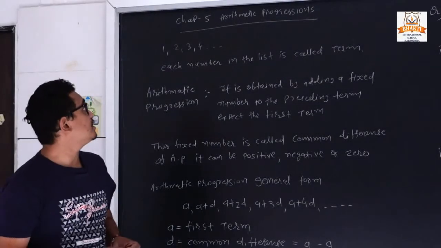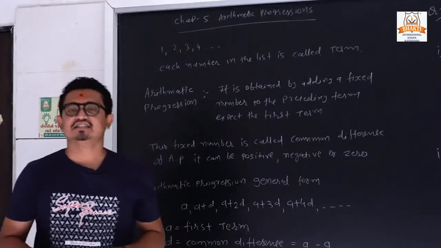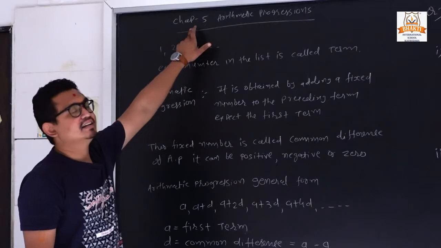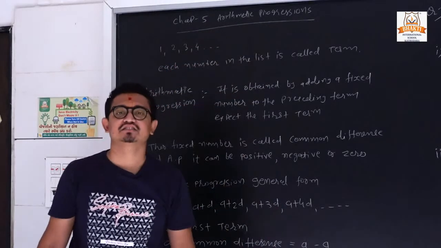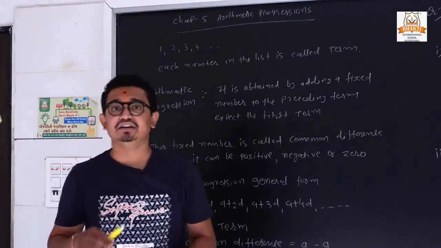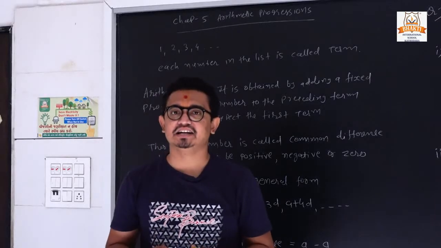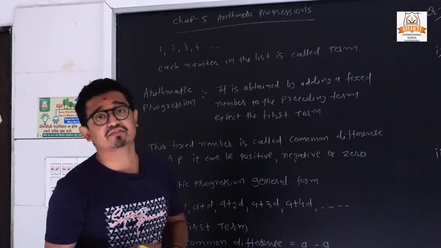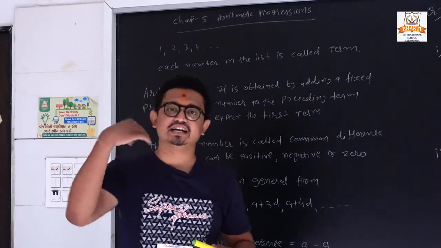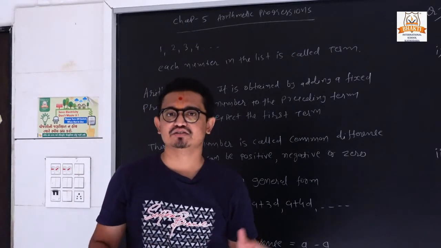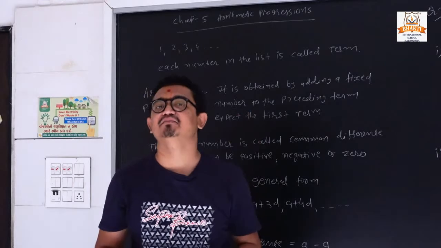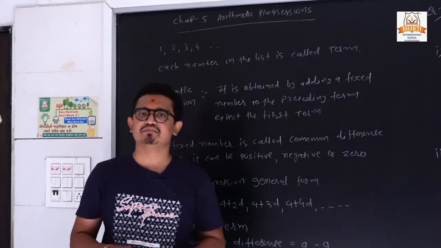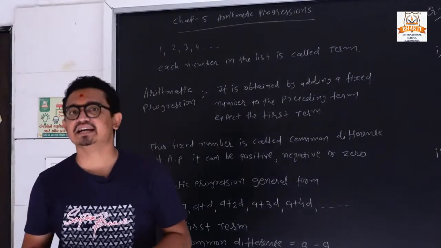Okay, so in 10th standard we are going to start our new chapter, chapter number 5. It is arithmetic progression. It is a very different chapter from all other chapters, and it is very important because arithmetic progression starts from the 10th standard, and if you go to the next standard, 11, 12 science, you will also be familiar with more concepts from arithmetic progression. So before we start that chapter, you can learn some basic concepts.